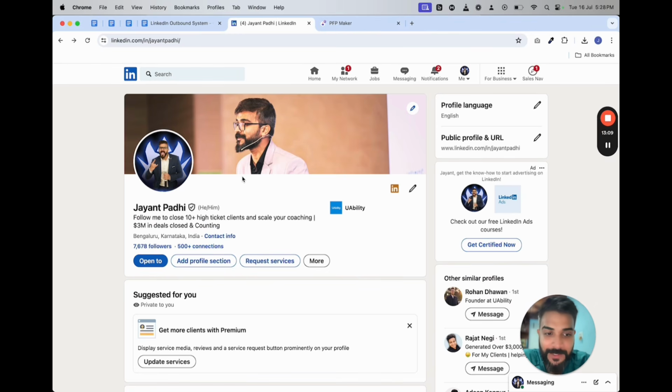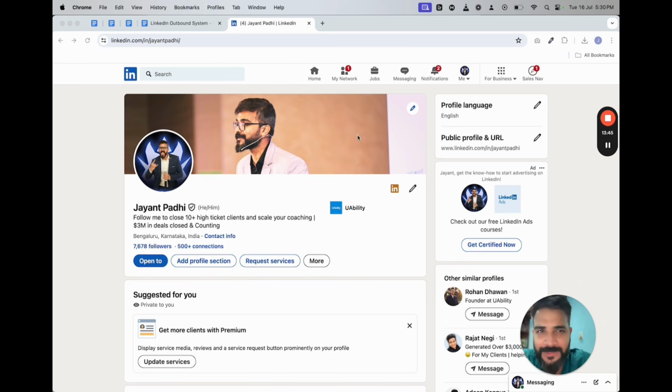Now, there is one final thing, which is verifying your profile with your government ID. Now, having a government ID verification allows your profile to appear more credible. I mean, of course, it's more credible, right? So, and you can use a lot of LinkedIn's features. Normally, let's say if you don't have an ID verified account and you send a lot of connection requests, there is a slight chance that it might suspend you. I have been suspended a lot of times. So coming from experience, you need ID verification.